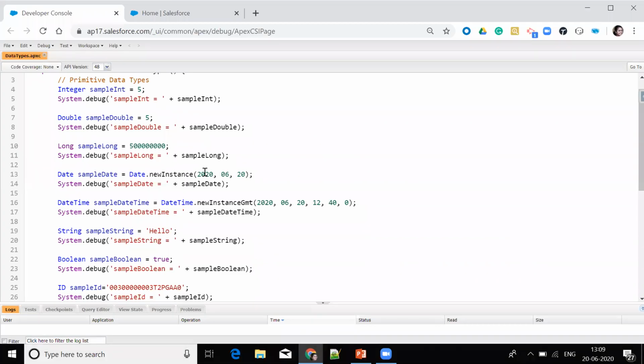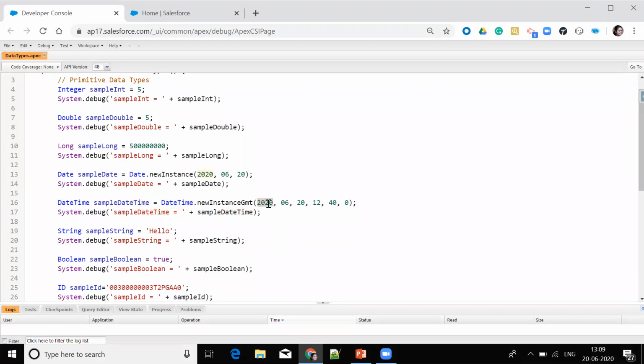I was explaining the primitive data types, how we can define the primitive data types in Apex. So I have gone through integer, double, long, date, and resuming from date time. Date time is used to store the date plus time value.